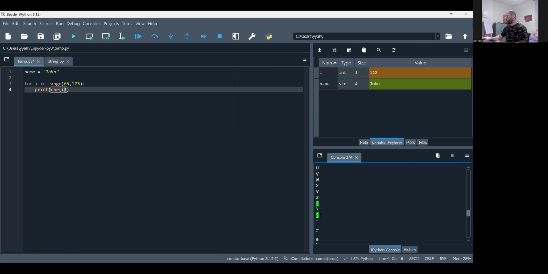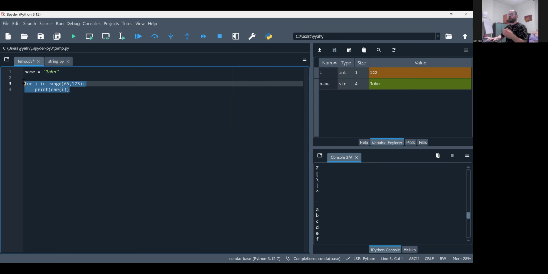What bracket things, print. Okay, there's things like it. All right, we got things right now. Okay, we can understand much better. So the main idea is chr uses numbers to get characters,